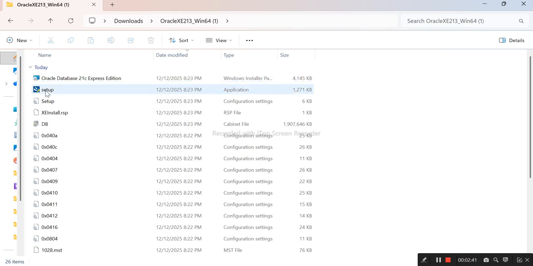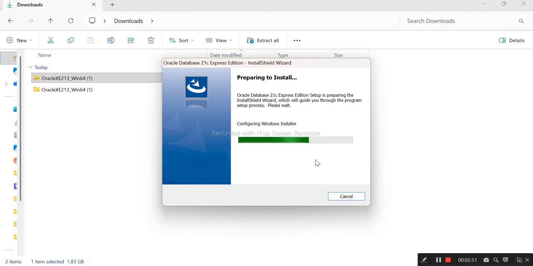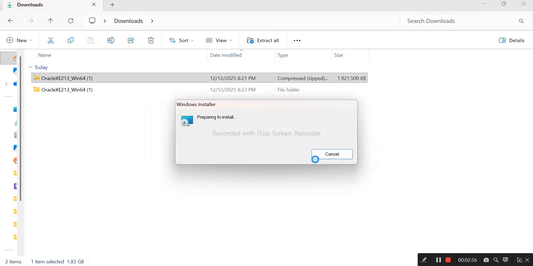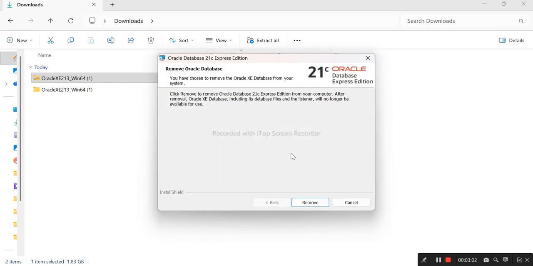Let us click on the setup and just follow along. Click next, nothing much to do about it. Let's go step by step. You see that it started preparing the installation. It will take some time. Now it is calculating the system requirements. It is saying you have chosen to remove the Oracle,